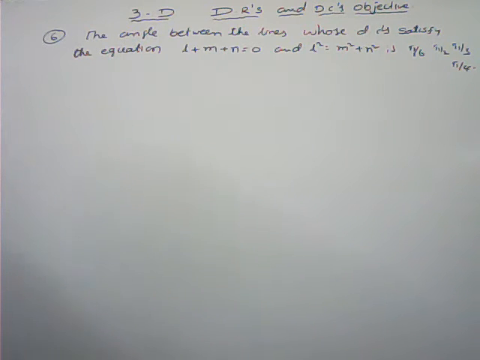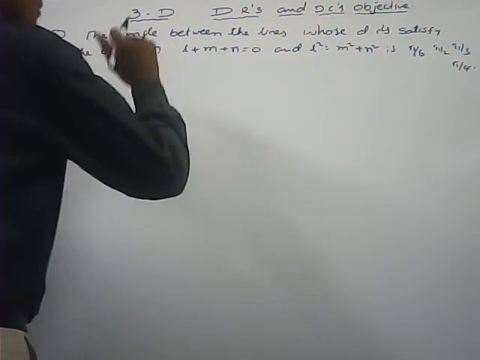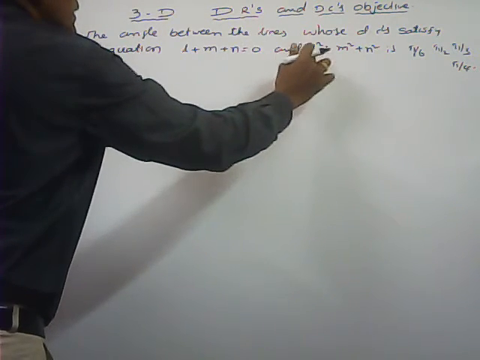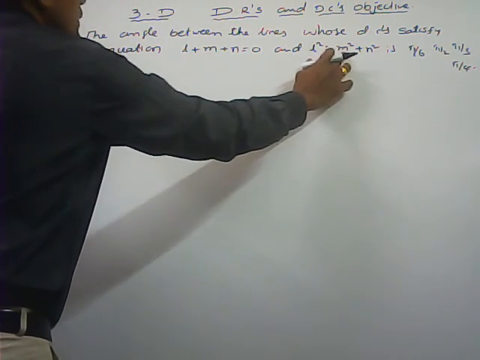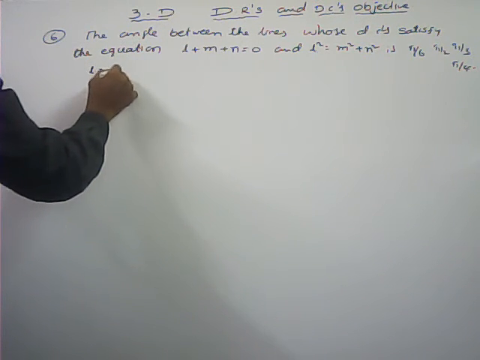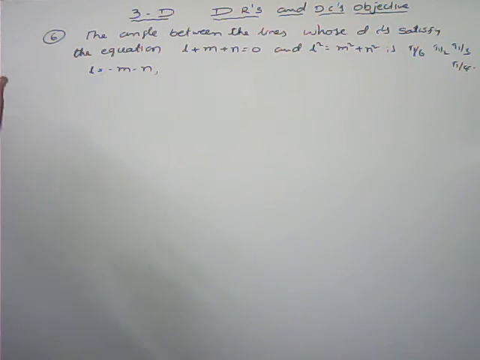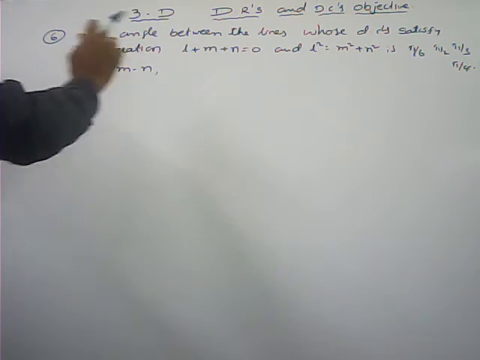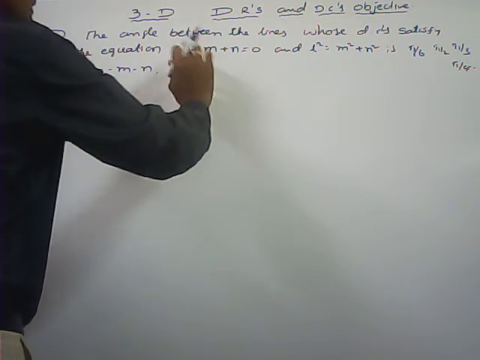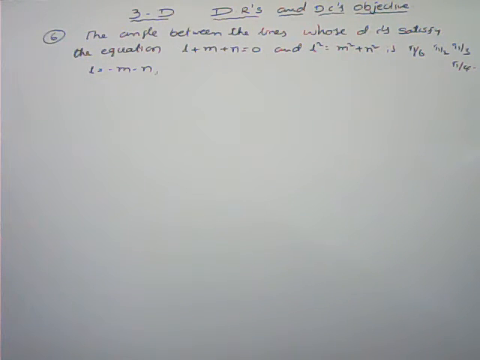Now, how to solve? Here we have to look for the convenient way. Here L square equals M square plus N square, and L plus M plus N equals 0. If I make L the subject, L is minus M minus N. Here we have to eliminate one term out of the three. We can make any one the subject and in the place of that we replace that value and simplify. We can get the relation between M and N only.